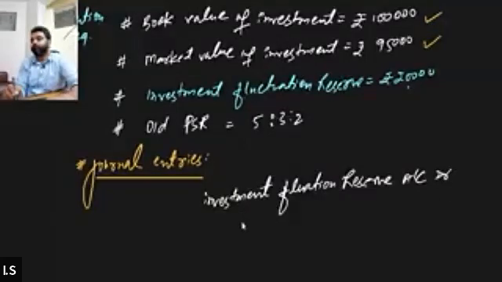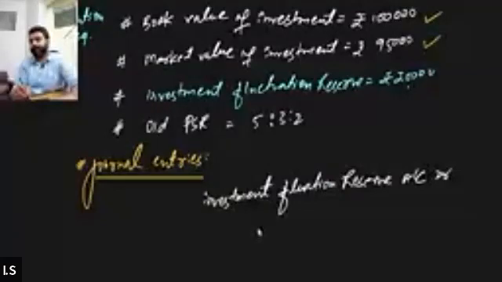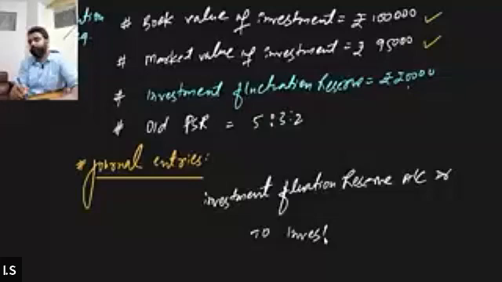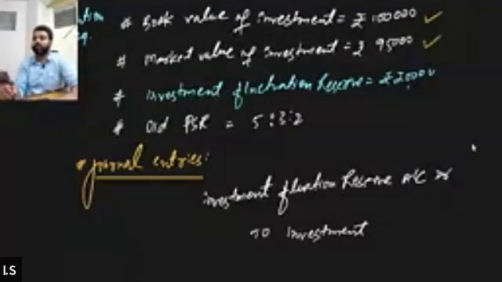To the value of investment, to investment. Now tell me, value of investment decreases by how much? It reduces by only 5,000, and the amount of reserve that we have made is of rupees 20,000. So we'll write down 20,000 here. And since there is a loss in the value of investment by rupees 5,000 only, so we are going to credit the value of the investment by only 5,000. Crediting the value of the investment basically means we are reducing the value of the investment by 5,000.